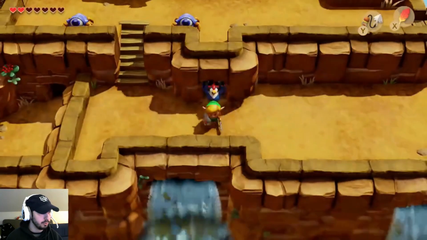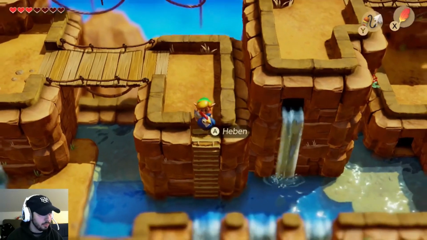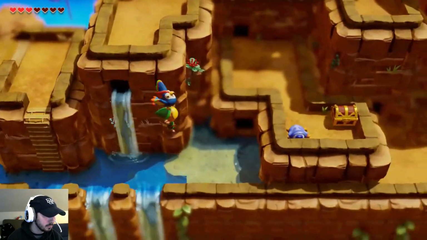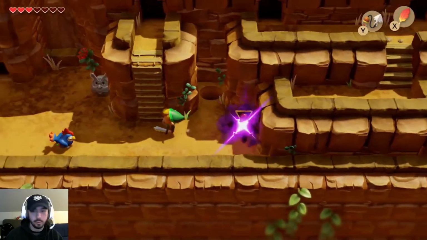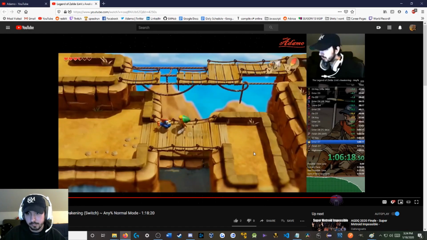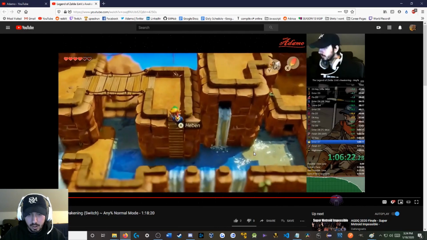We're going to go straight down, and we're going to set up an air climb. And this air climb is pretty precise, actually. So I'm just going to do the trick, and I'm going to explain afterwards what I did. So really quickly, let me just explain what I did. I do the air climb,